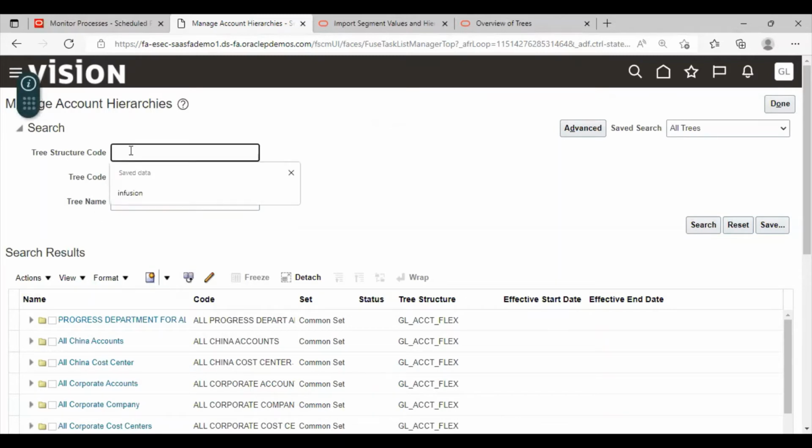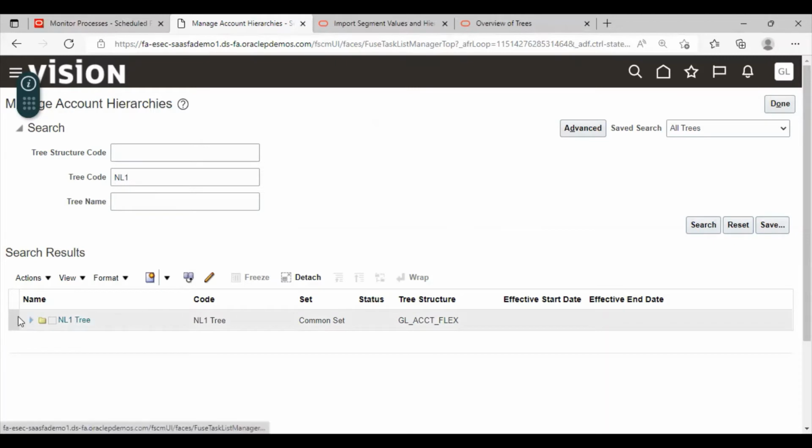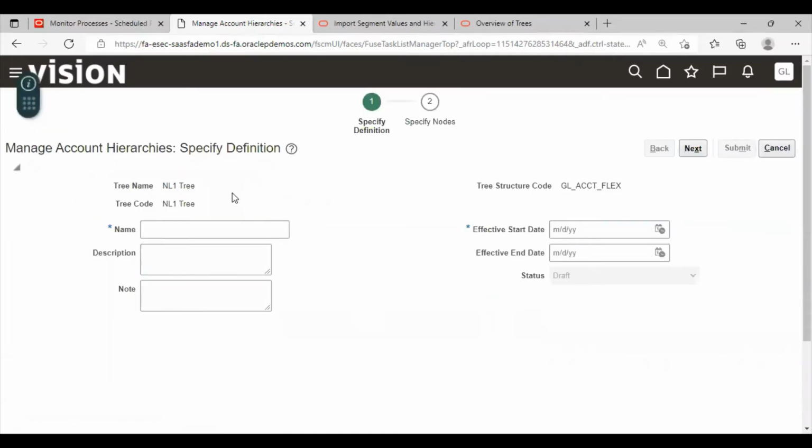Search your tree. Select it and create tree version. Now we will create the tree version.